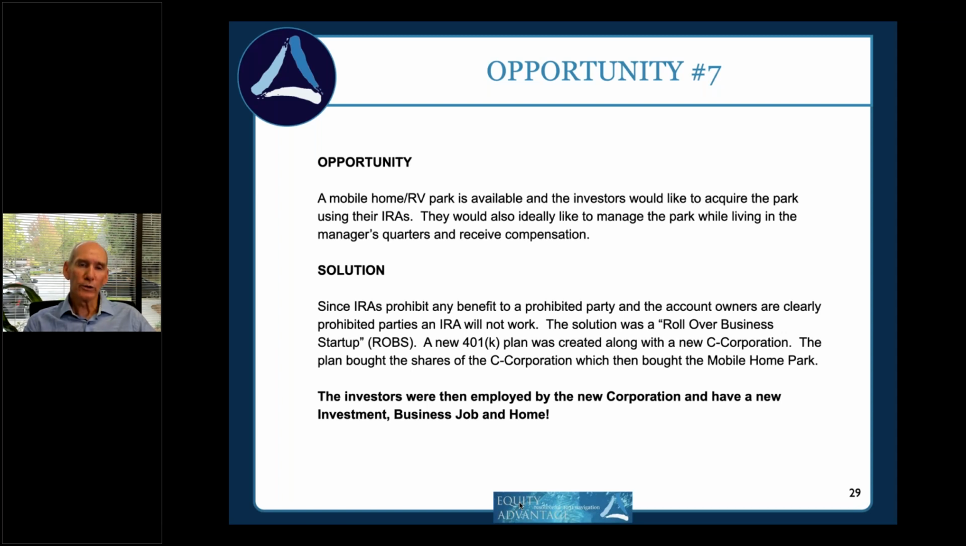All right. So in this situation, a couple came to us. They wanted to go buy a mobile home RV park with their retirement accounts. And we said, okay, we'll do something called a checkbook IRA, which would allow them to make that investment. They then told us they wanted to be the on-site managers and live there. So they wanted to be compensated and live there. Both those things would constitute prohibited transactions with the retirement account. So we shifted gears into something called a rollover business startup,